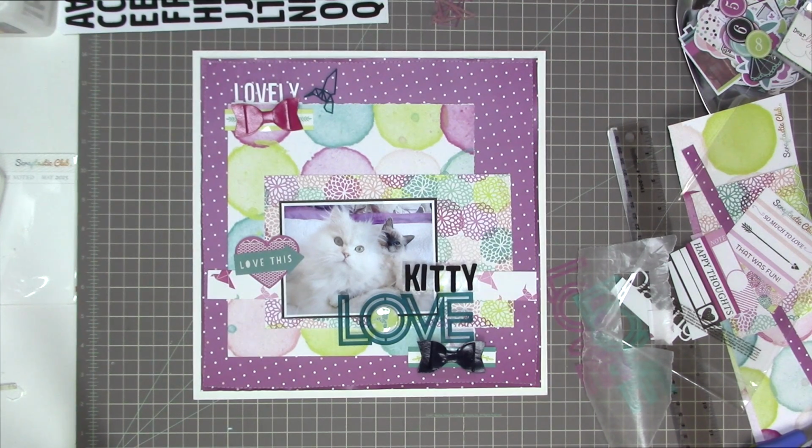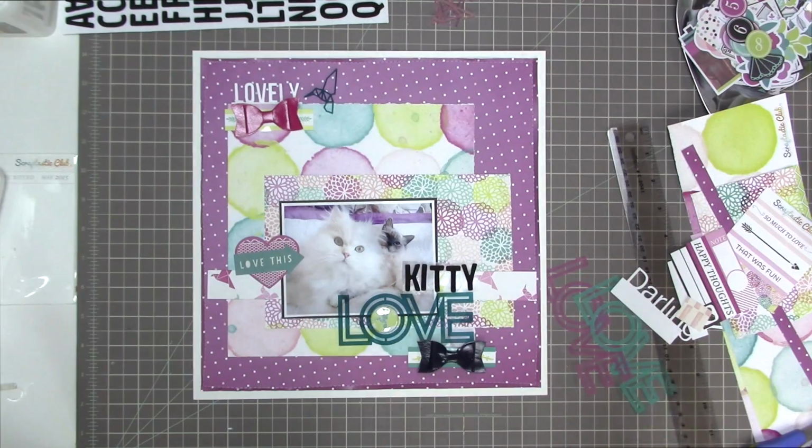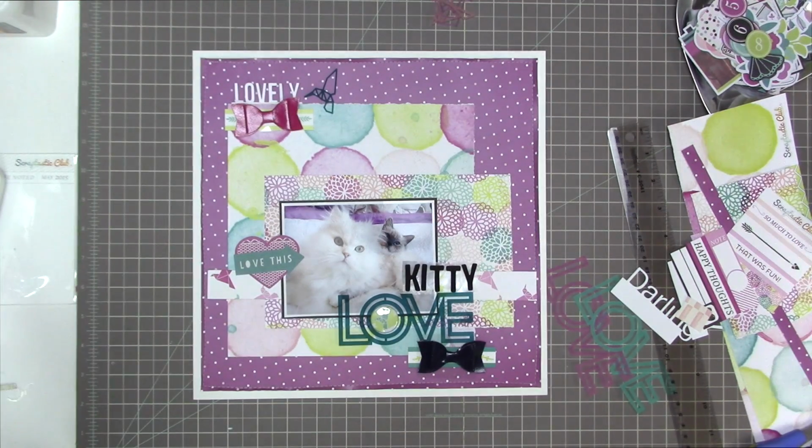So that's why I'm going to put kitty here, even though I am kind of impinging on the photo a little bit and putting those letters on top of little Luna's beautiful fur. I've decided to do that for design reasons, and I think it looks cute like that. And I would never cover anything important. But yeah, I was a little hesitant to cover up the beautiful frizzy fur, because that's sort of part of what I love about these cat pictures. But there's so much frizzy fur on the layout that you're not going to miss the little tiny bit